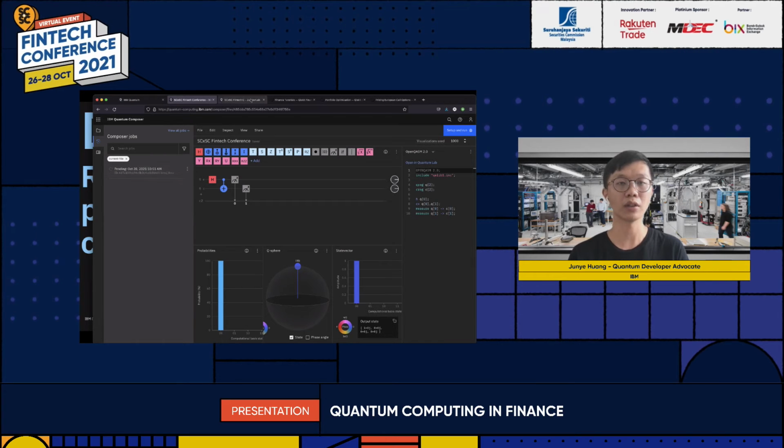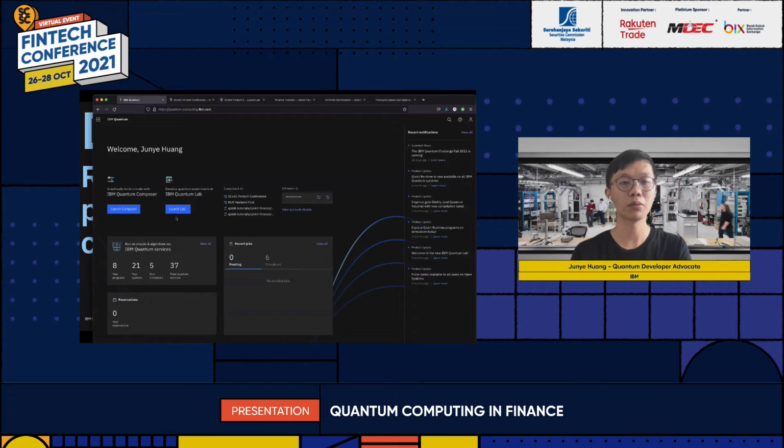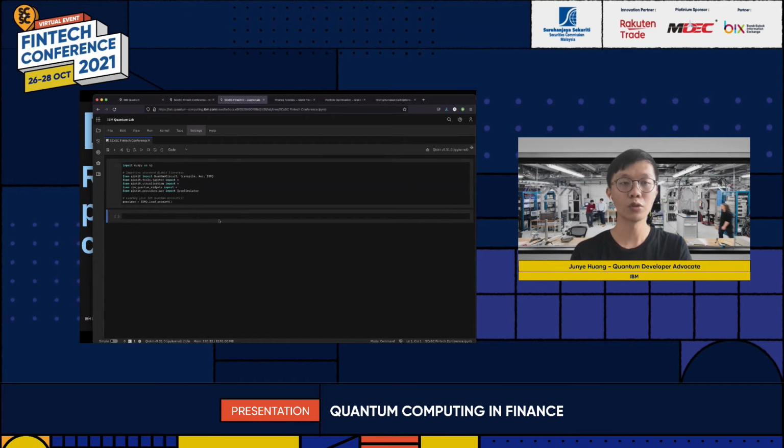So while we are waiting for this, I just want to quickly show you how we can run this similar thing using Python, because this is a circuit composer just for learning and teaching. If you want to make any complicated program, you should use a Python-based, Jupyter Notebook-based environment or pure Python script. So if you go to IBM Quantum Lab from here, you open a Jupyter Notebook